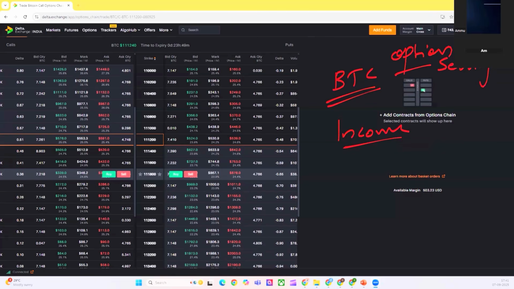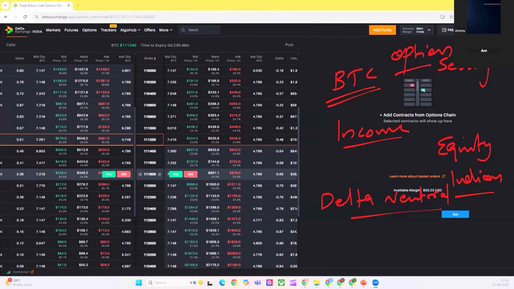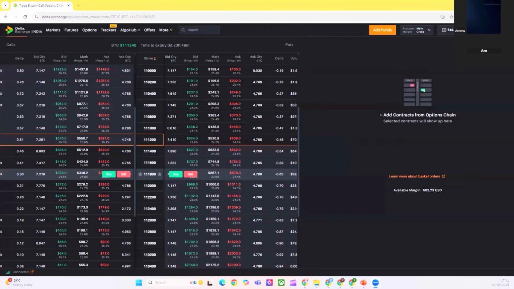So before we proceed further, we use the strategy normally in equity, and we also use this in indices. So this is basically a delta neutral strategy. We keep adjusting the position as and when Bitcoin moves, or as and when the equity moves, or as and when indices move. So when you're trading Nifty and Bank Nifty or Sensex, or any other indices like S&P 500, we follow this delta neutral strategy. And what we are going to discuss here is also modeled on a similar line, right? The equity, the way we trade, it's basically zero